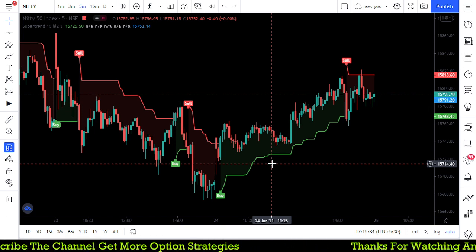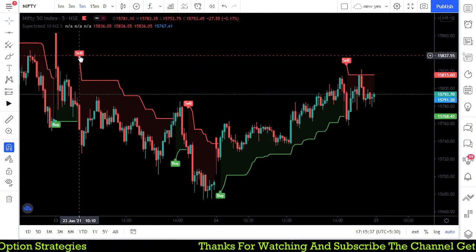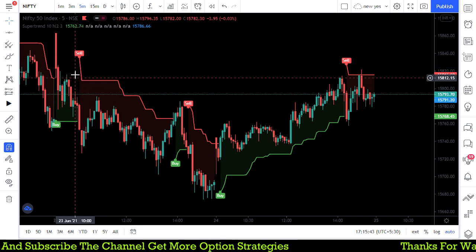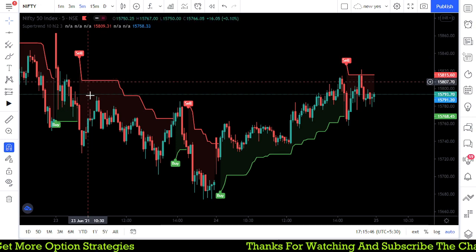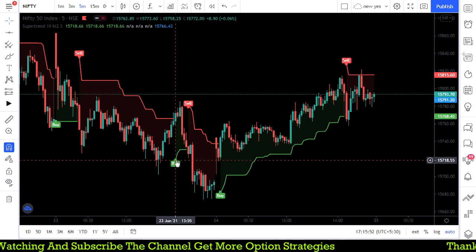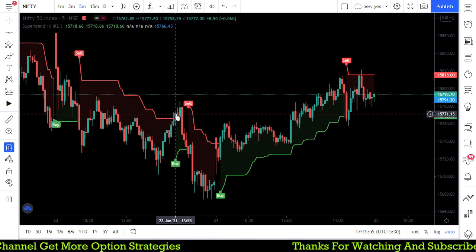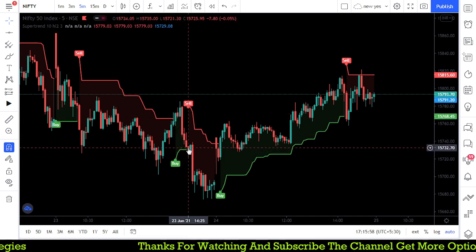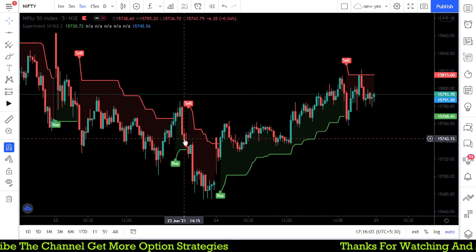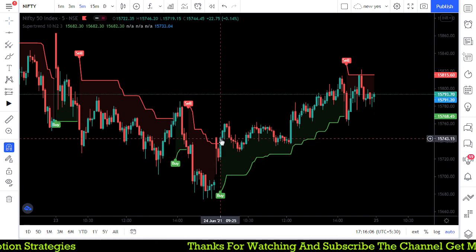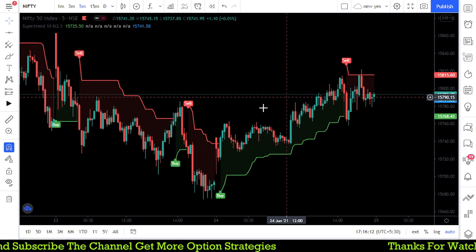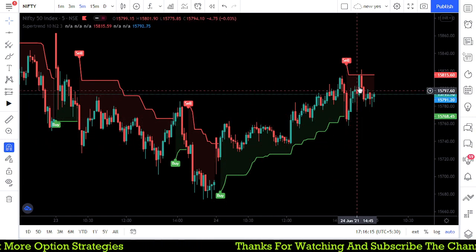This is a Nifty chart of 5 minutes. Here the Super Trend gives a sell signal when the red line forms above the market price, and when the green line forms below the price, we take it as a buy signal. Where it gave a buy signal, immediately it gave a sell signal. We got a buy around 15,700 and the sell reversed at 15,720, so we got almost a 50-point loss in this scenario. But the last signal was generated at 15,743 and went up to 15,800, almost 50 points. Again it turned red and again it went.